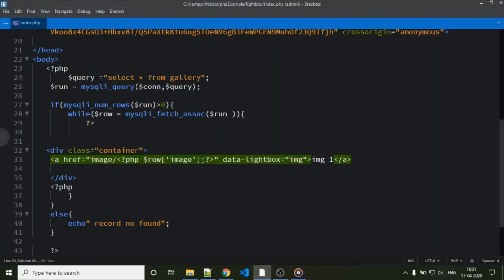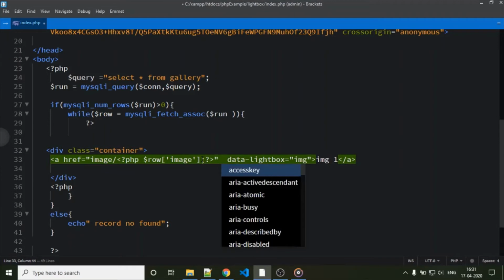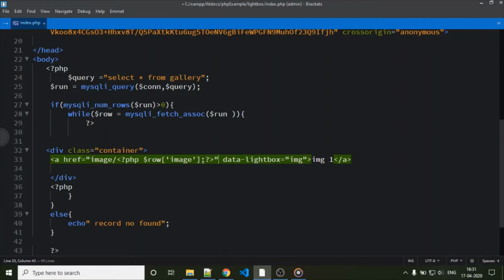Just close that. And here we add the lightbox attribute and provide one name, img. Just close that, break it.